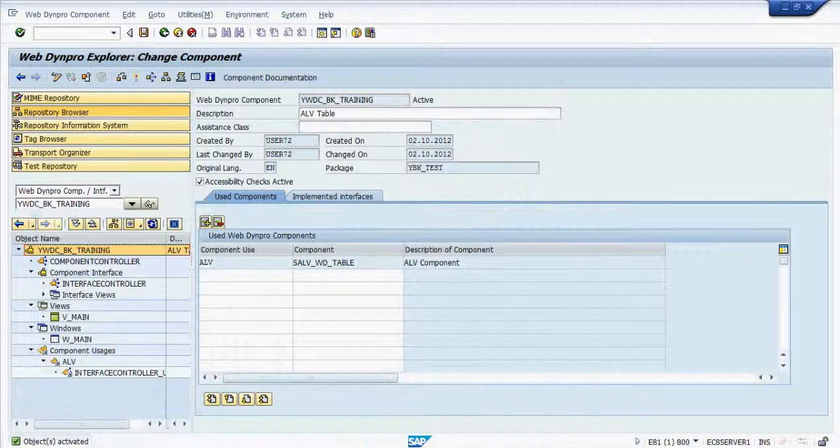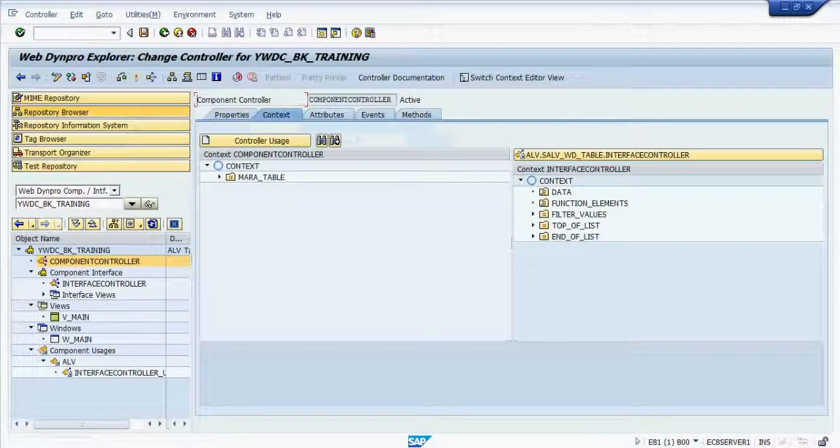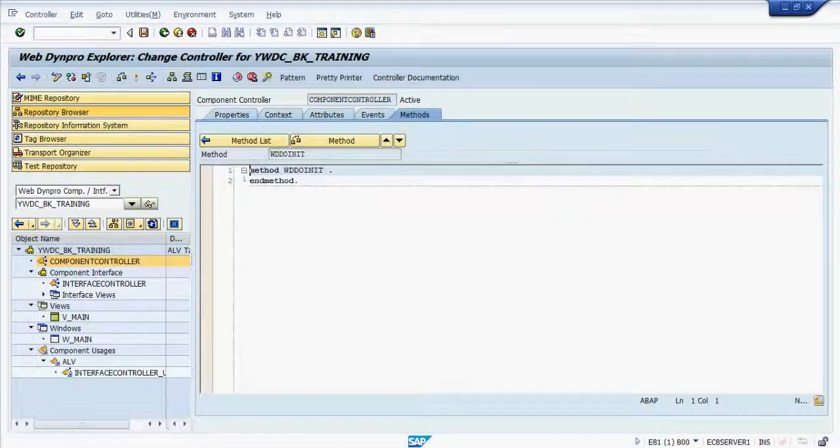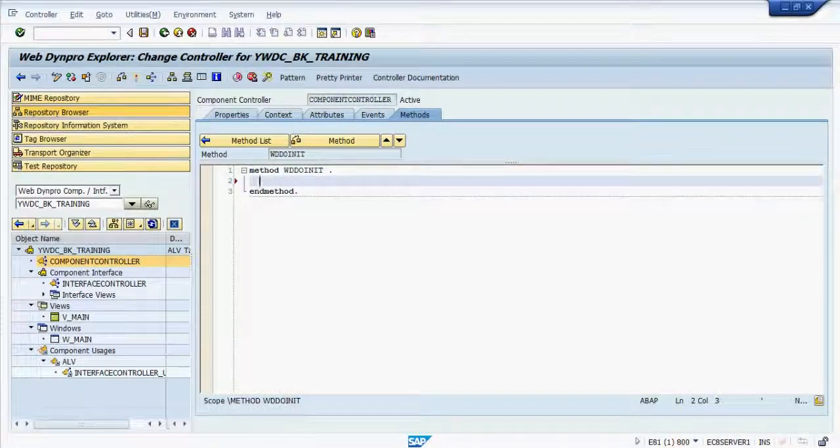Okay. Now come to the component controller. Go to methods. Just go to WD init. Here we will write the business logic. Normally, as per MVC architecture, we should have the business logic written in an assistance class, or we should have the business logic written in the function module.